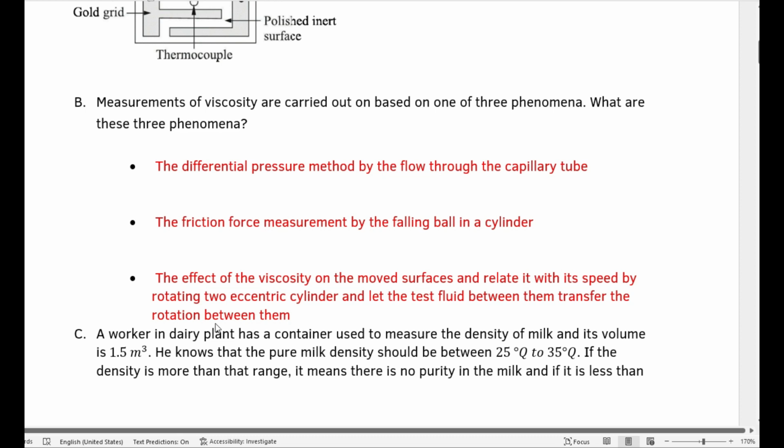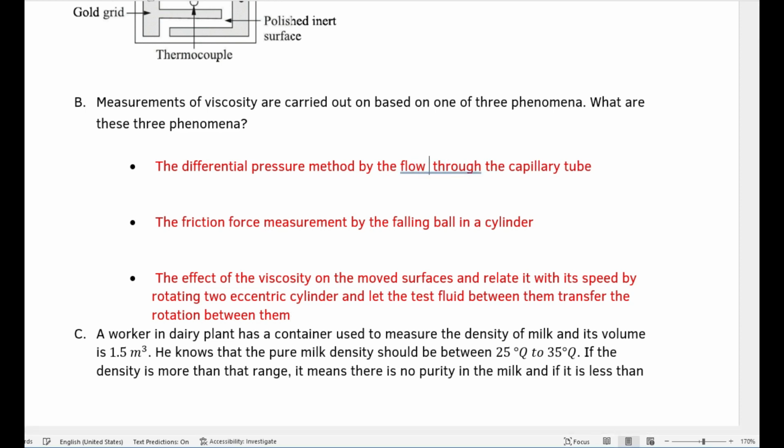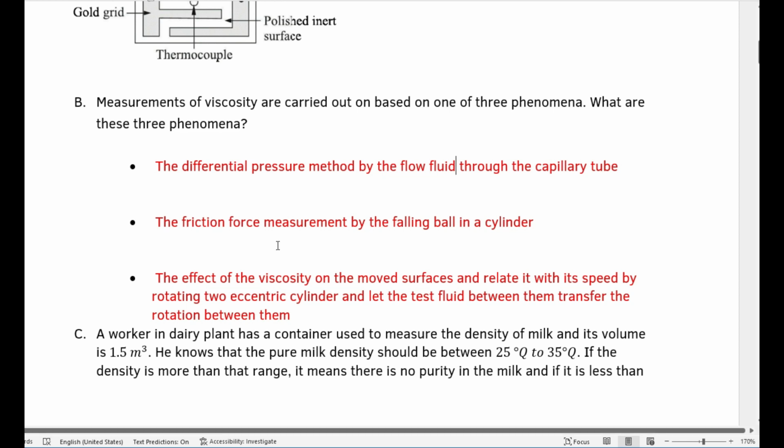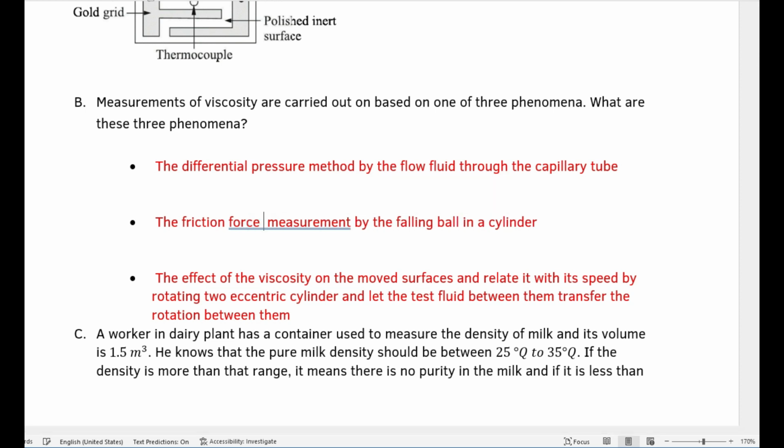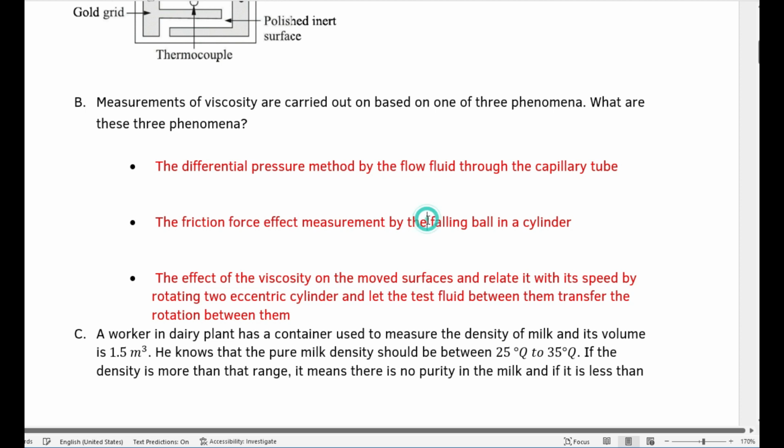I write them in order to save time. Either by the differential pressure method, using the flow of the liquid or fluid through a capillary tube. The second method, the friction force effect, measured by dragging